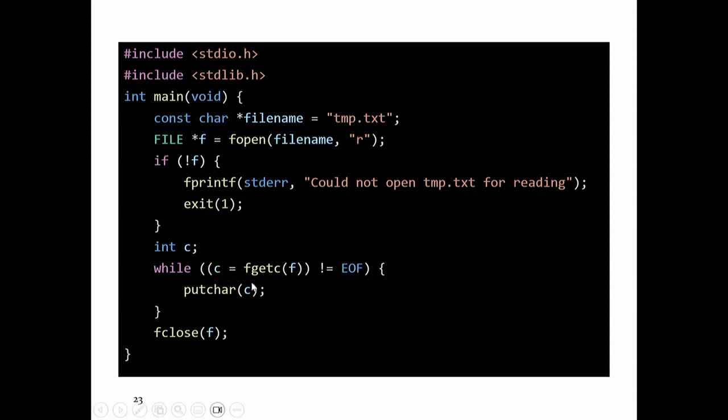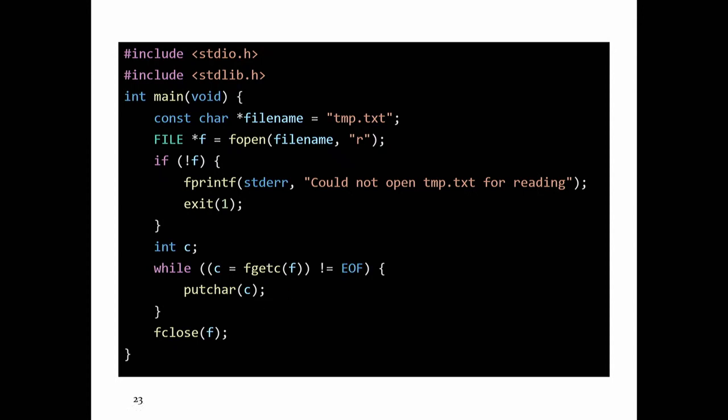Now remember, in C, assignment produces the value. So I'm going to wrap that in round brackets. So what this does is it calls fgetc, reads a character from the file, stores that in c. The value resulting from the round brackets is the value c, the value that's read in from the file. So this says as long as the character that you read in from the file is not EOF,